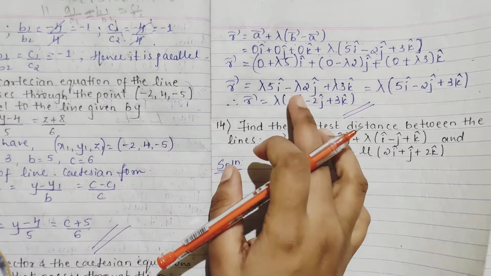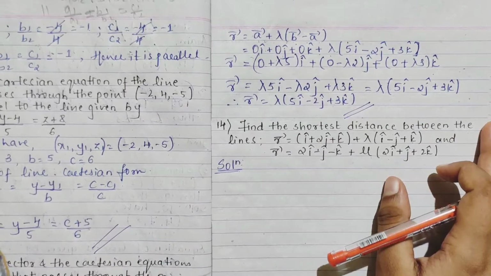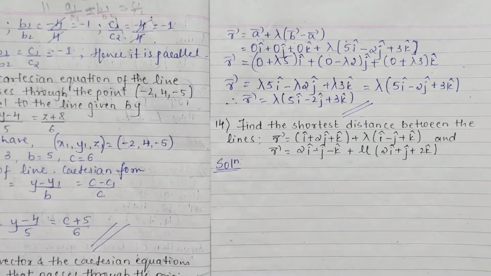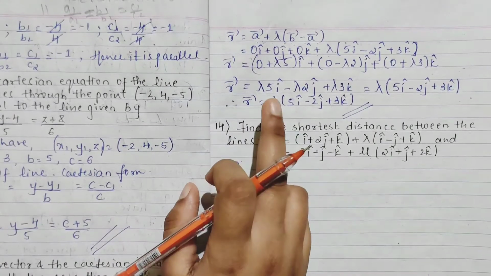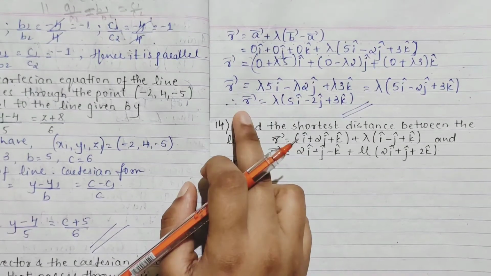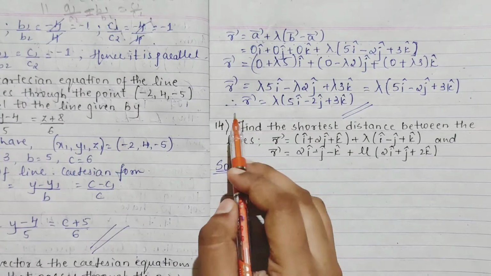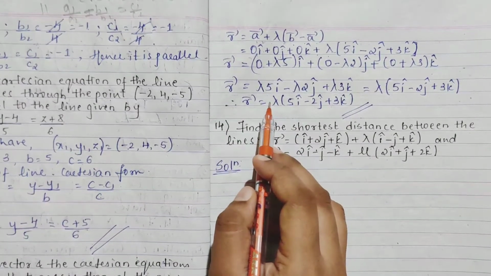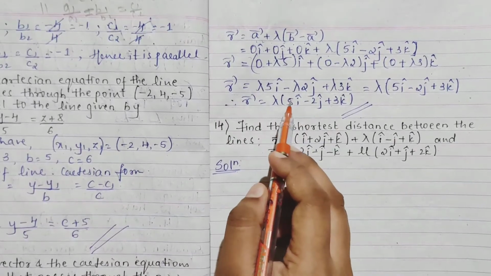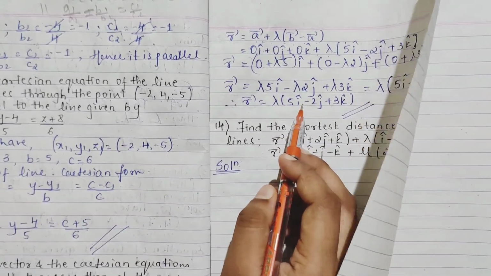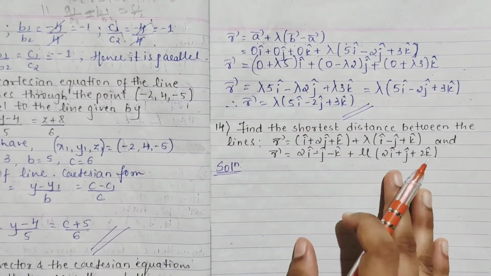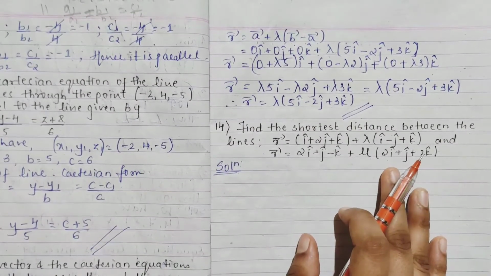Simple, yes. After considering this only, we do the Cartesian form, right? In the Cartesian form also, after doing this, you will get the same thing. This will be xi plus yj plus zk, those caps. So x minus x1, which is not there and is 0, so x by 5 you will get, y by minus 2, z by 3, same it is. Okay, anyhow you can go. I hope you have got it.